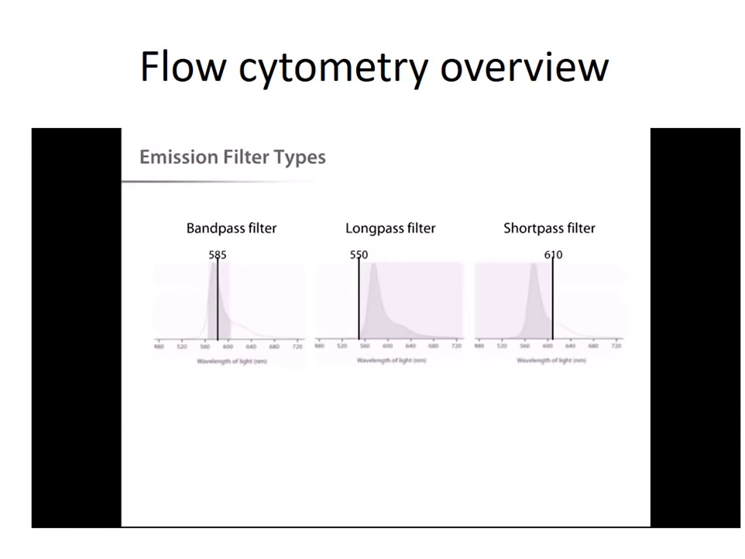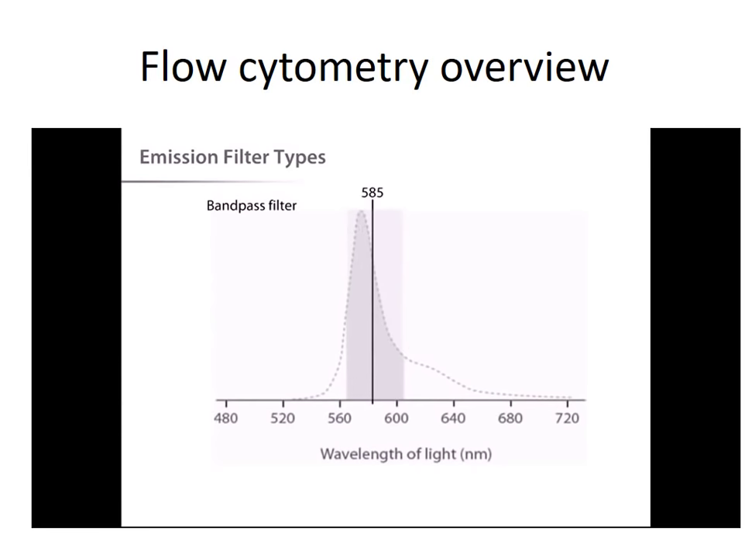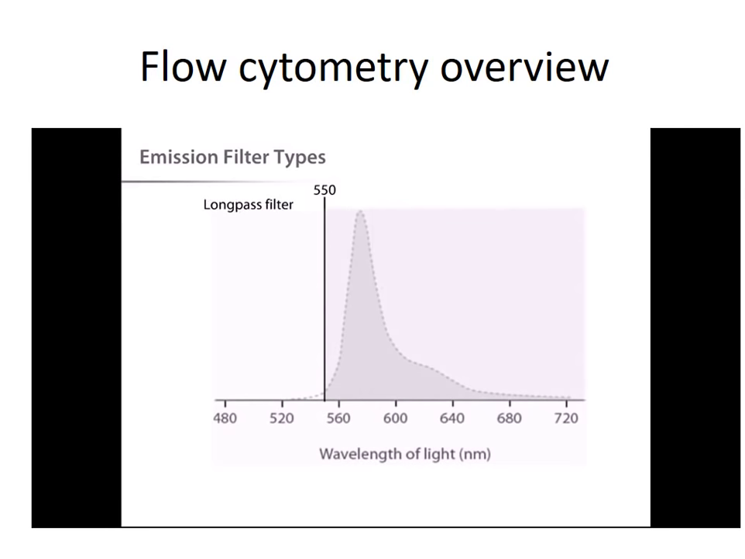Let's take a moment to talk about filter nomenclature. Filters are normally defined by one of two parameters, either the center point for a bandpass filter or the cutoff point for a long or short pass filter. This is a typical bandpass filter specific for RPE. It has a center point of 585 nanometers and a width of 42 nanometers. So this filter optimally passes light in the wavelength range of 564 to 606 nanometers, which corresponds to the emission peak of RPE. Other filters used to resolve this peak include a 550 nanometer long pass filter and a 610